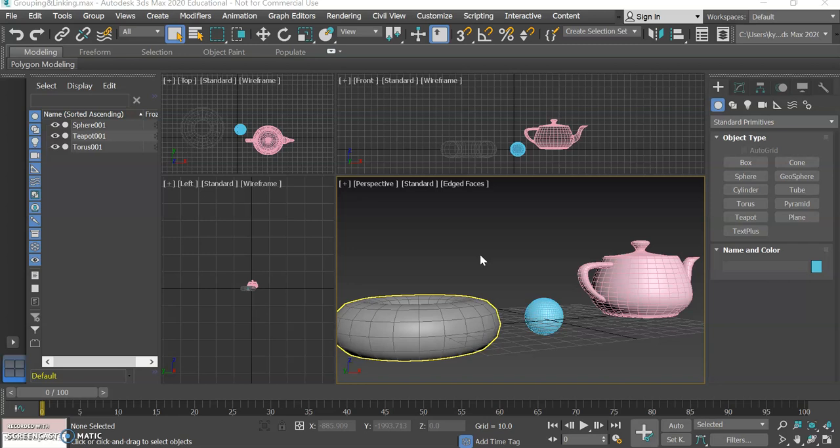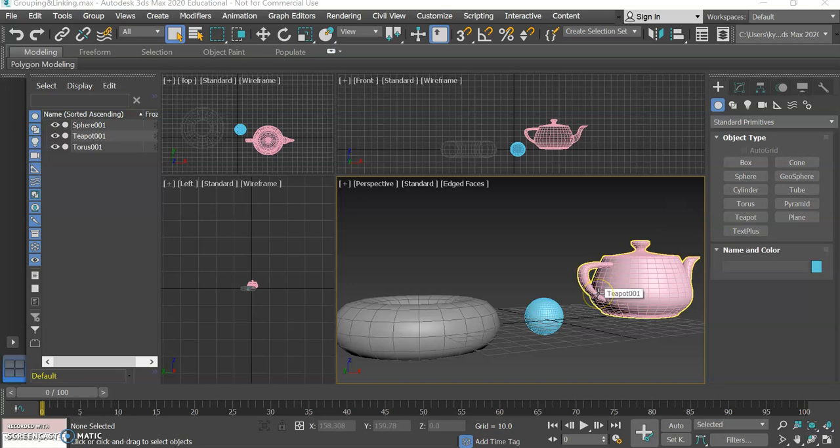And so the purpose of this exercise is to give you the opportunity to group these guys. We're going to show you what happens when you group, and then we're going to ungroup them, and then we're going to link them, and I'm going to show you the difference. You get a little bit more flexibility with linking than you do with grouping, and depending on what you want to do with your animation, you might use one over the other. Alright, so with that being said, the first thing that you're going to do with this scene, once you've made